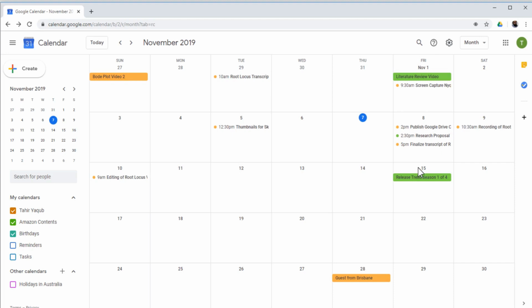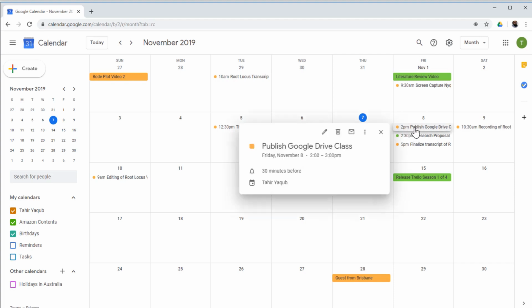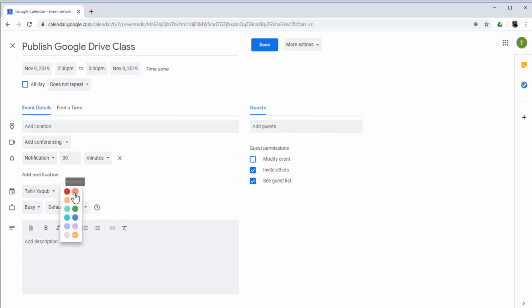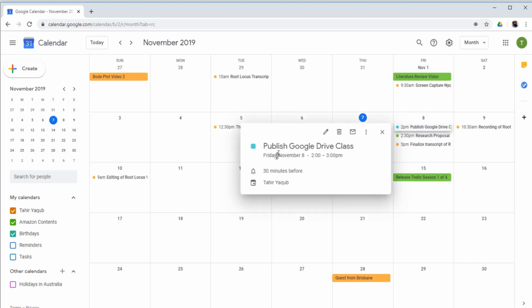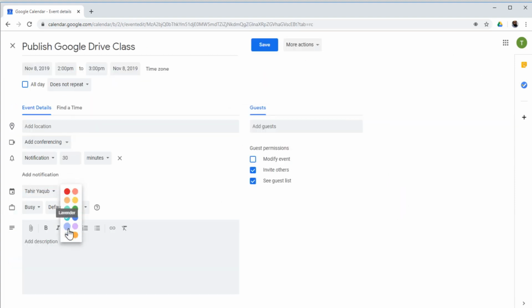And if you want to change the color of any individual event, you can also do that. For example, this event belongs to my main calendar, but I want to change the color of this event. So I can click on that, and then I can click on this edit event, and here if I change the color now, for example this cyan color, and I save it, you will see that only the color of this event is changed. So this is how you can change the color of an event as well. If you want to change based on any classification or any category, you can do that. I normally don't do that, so just get it back to the calendar color.